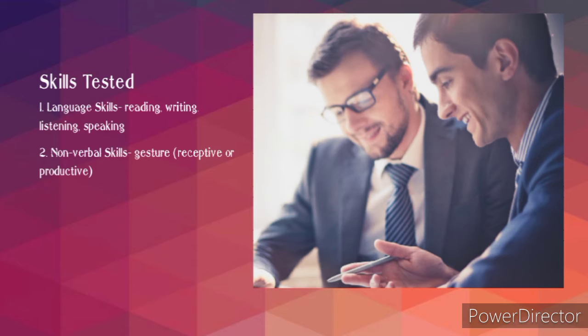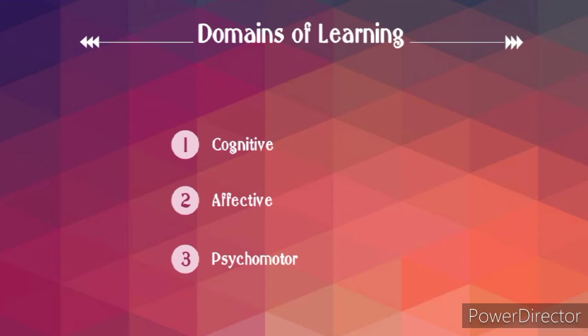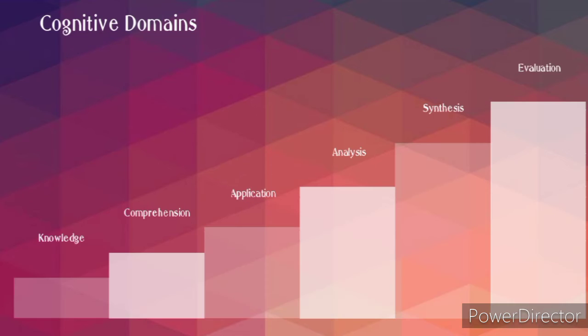Now, when we talk about test construction, we go back to the domains of learning. We have cognitive, affective, and psychomotor. Cognitive involves knowledge or mental skills. Affective is all about attitude or self. So it's about growth in feelings or emotional areas. Psychomotor is all about skills, manual or physical. Now for this day, we will focus more on the cognitive domain. This involves knowledge and development of intellectual skills.